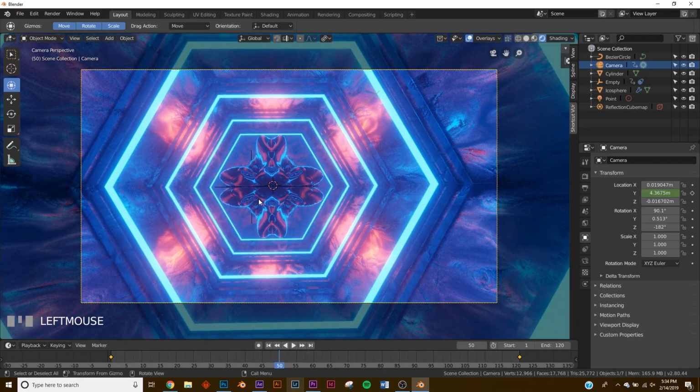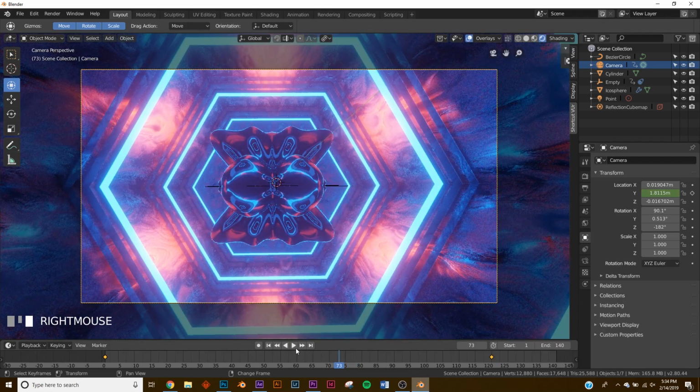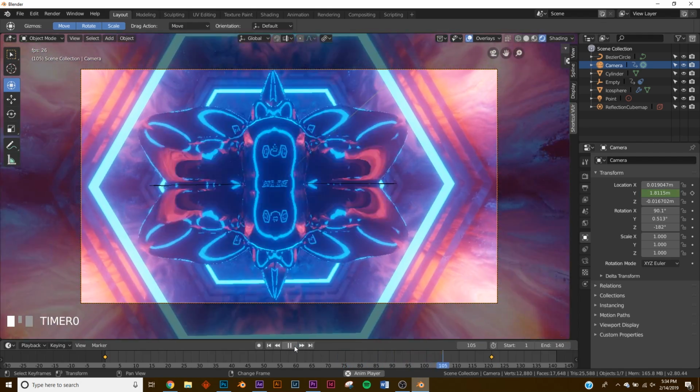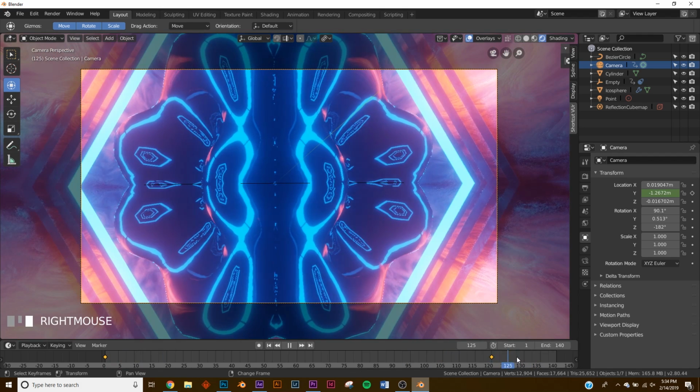Now I want it to kind of pause and sort of admire the animation here. So we're gonna click on the end and just sort of drag it to add some more frames to our animation. I'd give it about 40. And so when it stops, we can just sort of admire the weird animation that's going on. Now we'll see right at 120, it stops. The animation stops, but it needs to keep going.